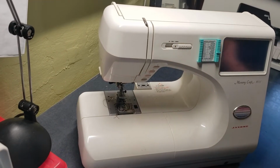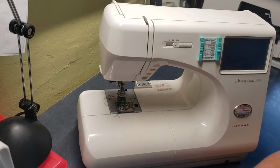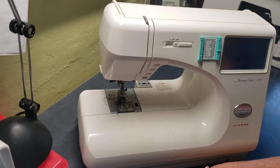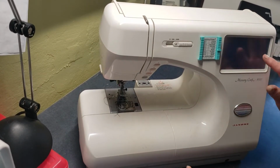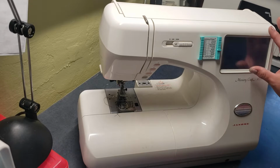Janome MC9000 memory craft, touchscreen calibration. Quick and easy, simple video here for you to follow. If your touchscreen is not responding or it's off in some way, it can be recalibrated. You might not need a new